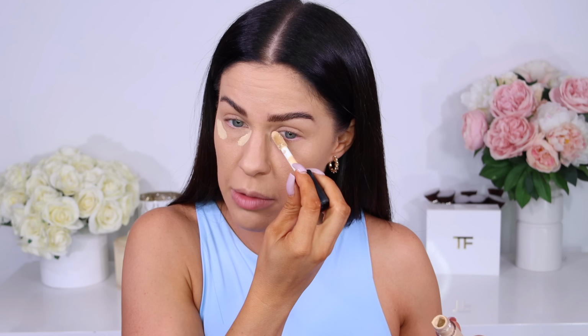So moving on to concealer, has to be the e.l.f. Camo Concealer. This stuff is amazing. So creamy, such incredible coverage. They've done everything right with this formula. I absolutely love how this looks on the skin. It does an amazing job under the eyes, correcting dark under eye circles, which I